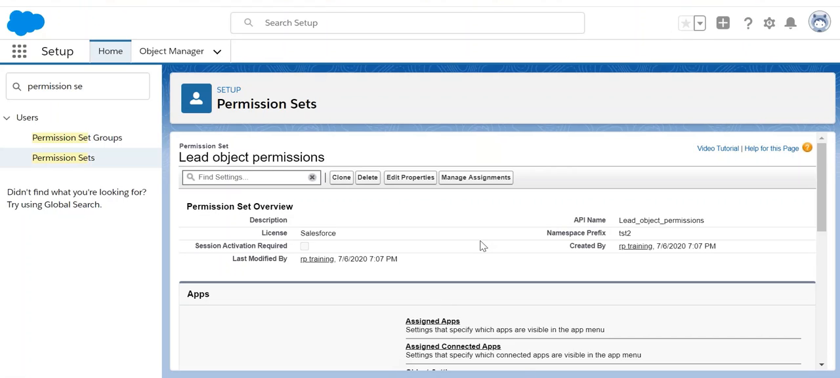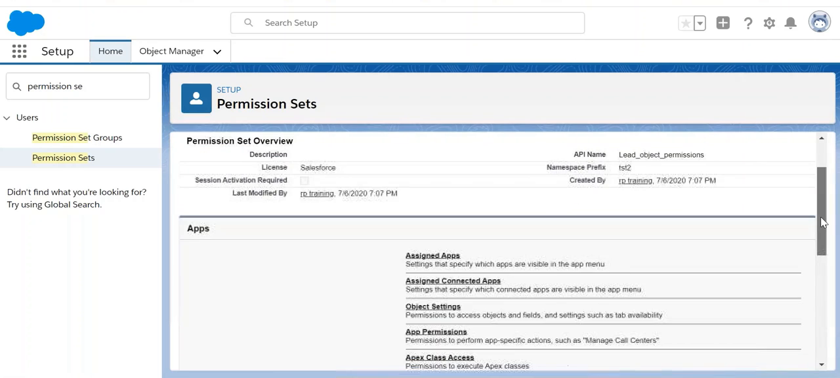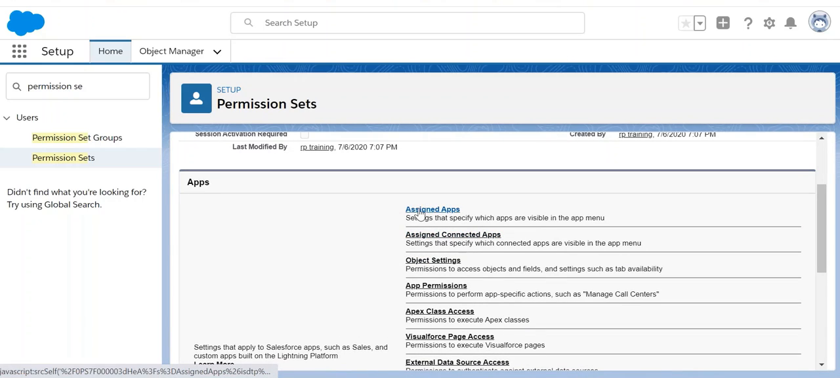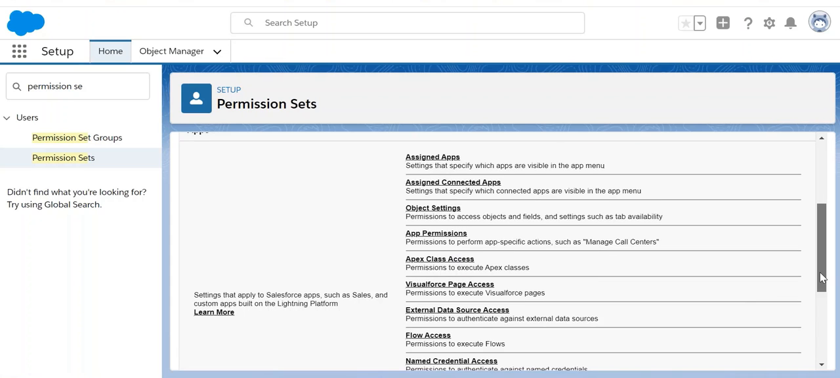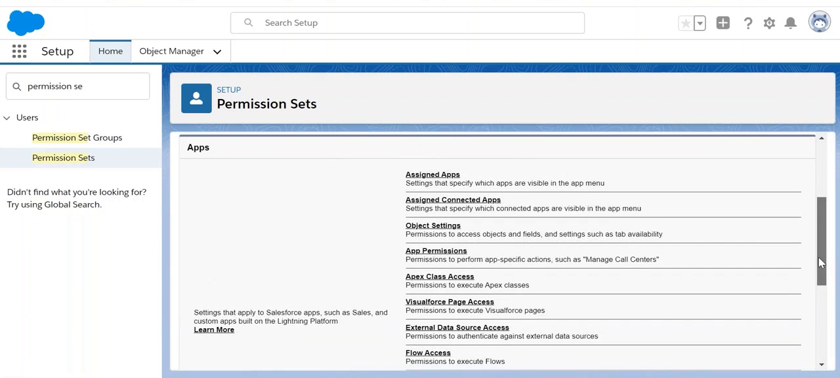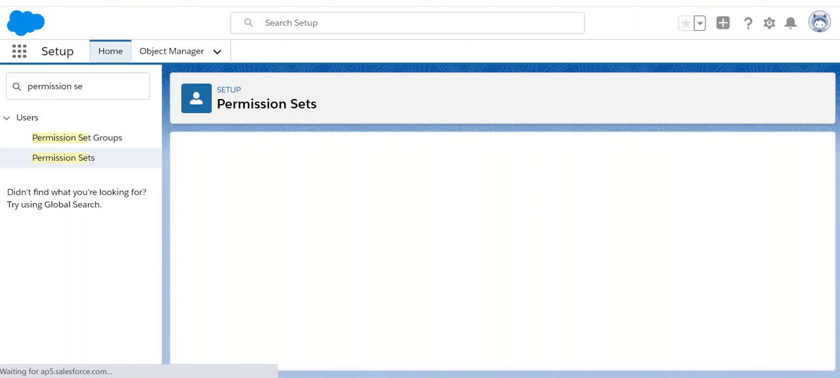The second step is adding or enabling required permissions. So we need to enable access to lead object here. We will have to go to object settings. Here we have different types of permissions or settings, you can say. Application permissions can be managed under assigned apps. Okay. Object permissions can be managed under object settings. Apex class permissions over here, Visualforce. So lots of types are there within which you can enable permissions. We will have to go to object settings,